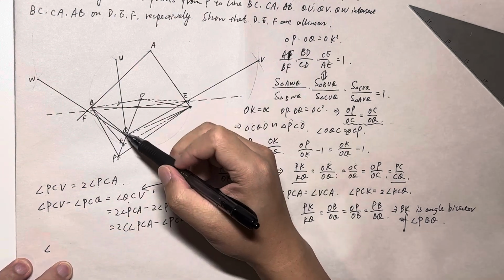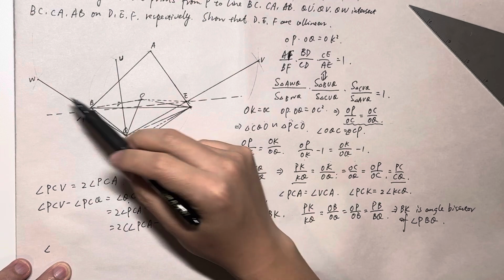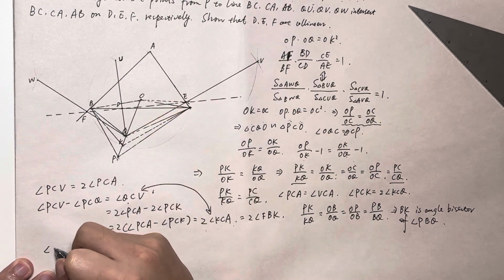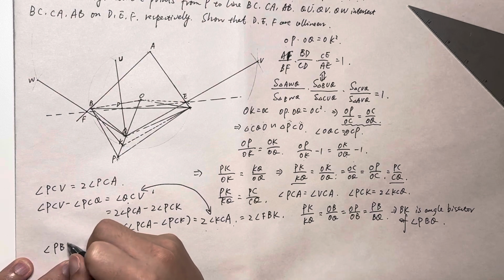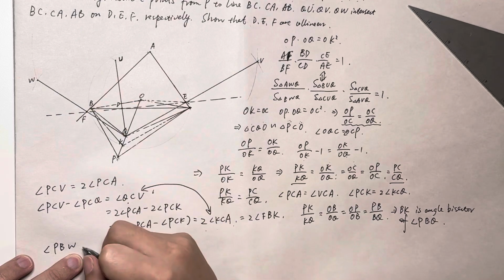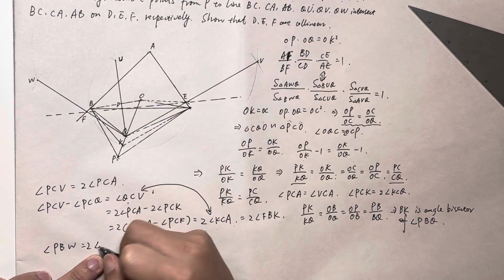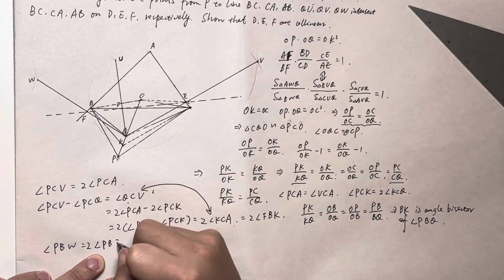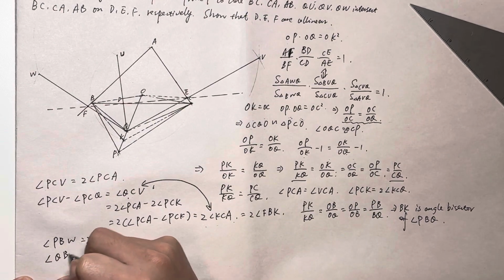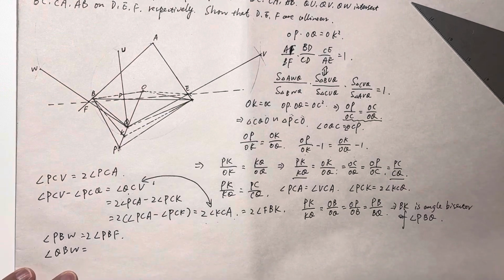So let's write this way. So we want to find angle QBW, right? But we can start from here. So angle PBW equals to twice of angle PBF. So angle QBW equals to